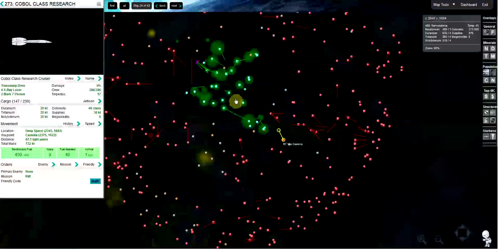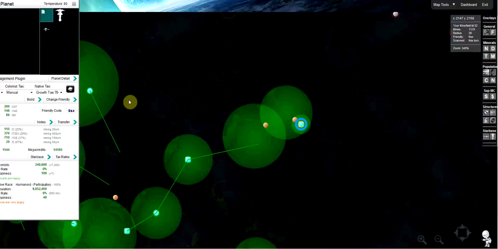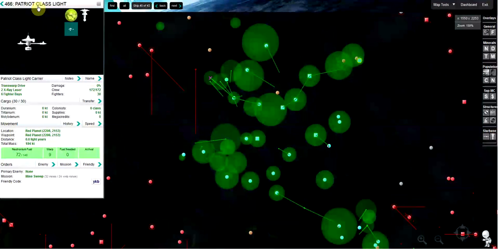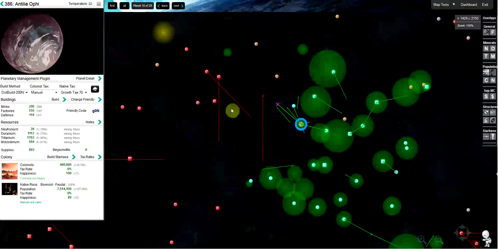So that's that sector. And I think that's pretty much everything. What else do we have going here? Got this Patriot. He's just kind of on guard duty. Picket duty. Holding position up there. That's fine. So I'm going to need more fighters here. I'm going to need more Molly to build those fighters. I got plenty of Trit, not a lot of Molly. I'll build Molly next turn with my